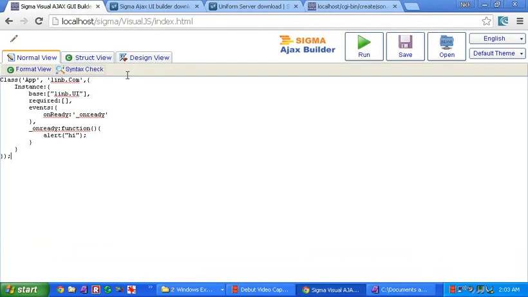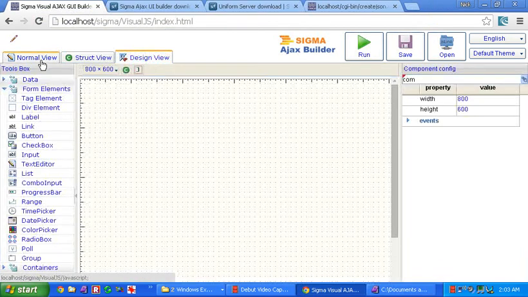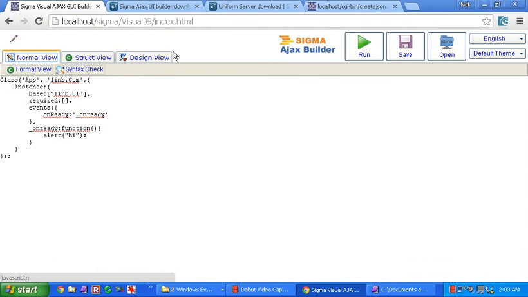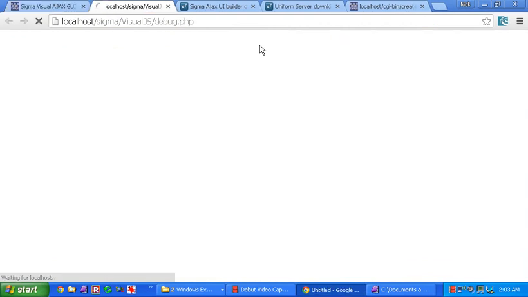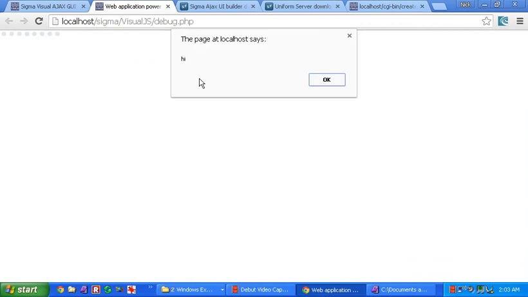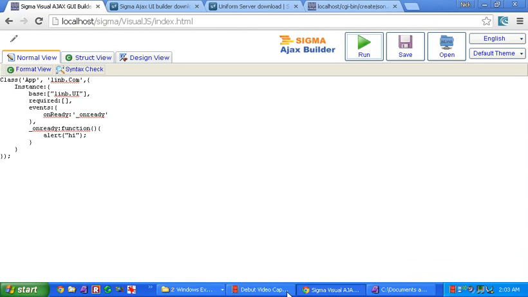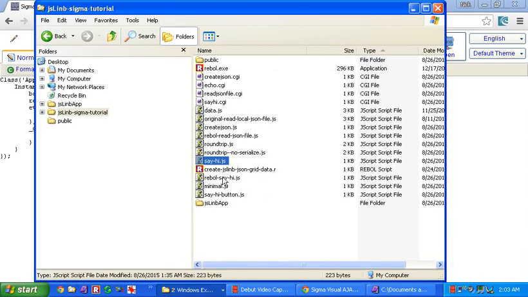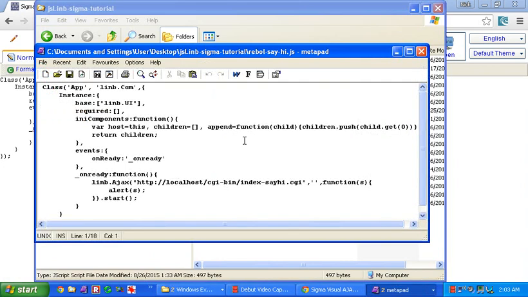If you go back to the design view, see there's nothing in that application. There are no appended GUI widgets. Run it. And when that application opens, it alerts hi. We'll use that to build our first little Rebol script and interface with the first Rebol script. So I've got this little application here called Rebol Say Hi, and you can see the only real difference between this, I don't really need any of these things,